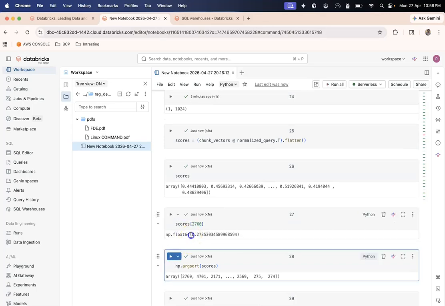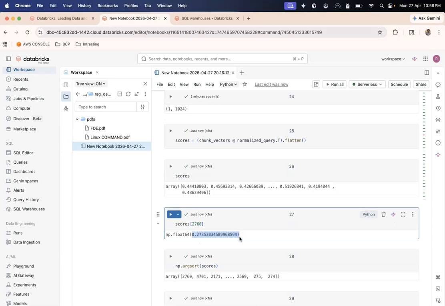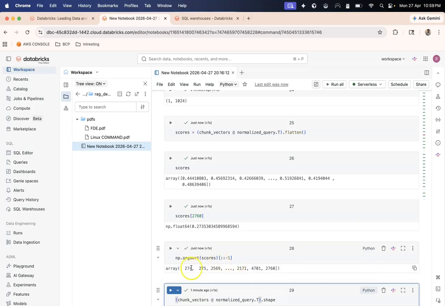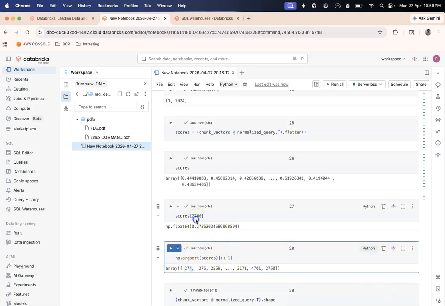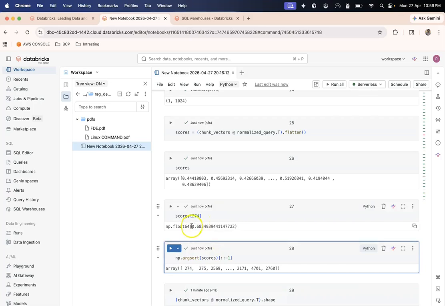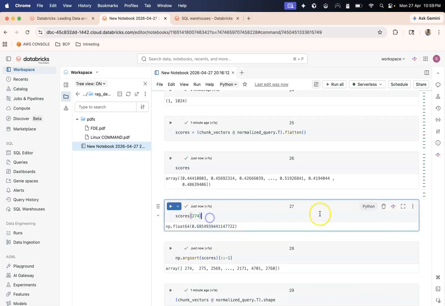You see this value looks low, which means it has sorted in ascending manner. How do I get descending, so that the first few numbers are the largest? So I have just reversed it. Now if I check this index 274, it will be the largest value. You see 0.668 would be the largest value.